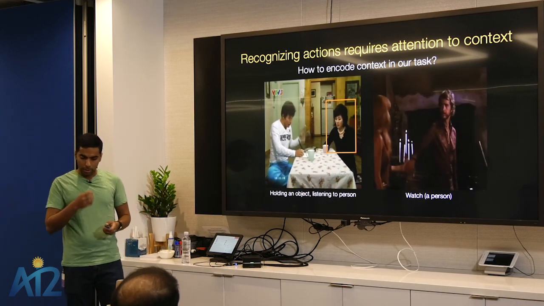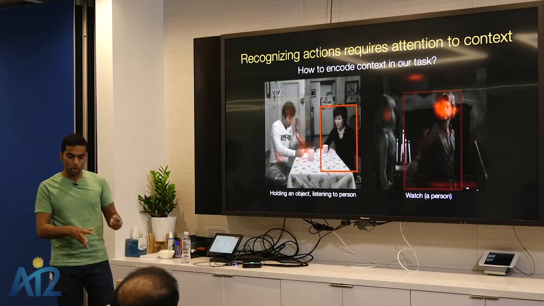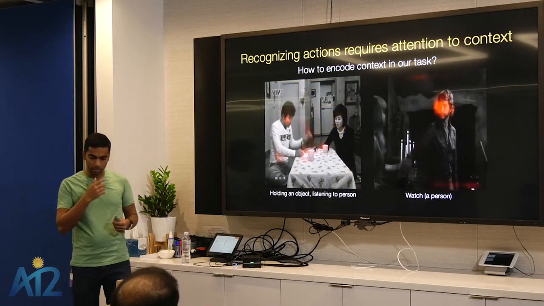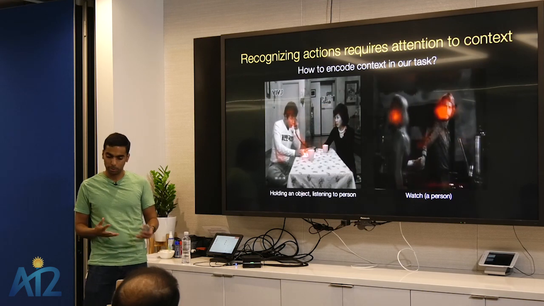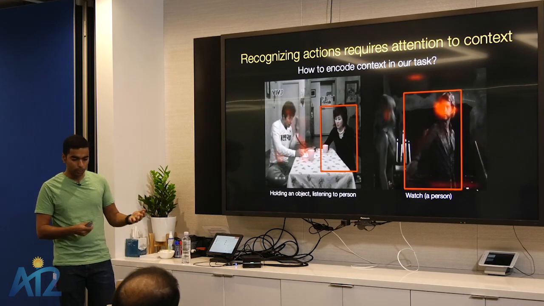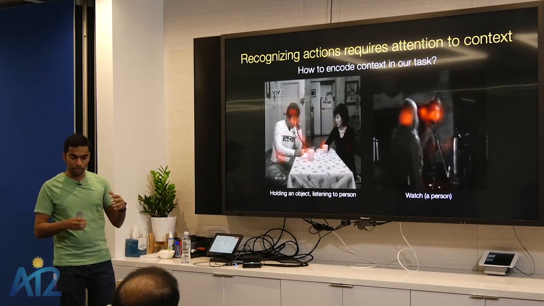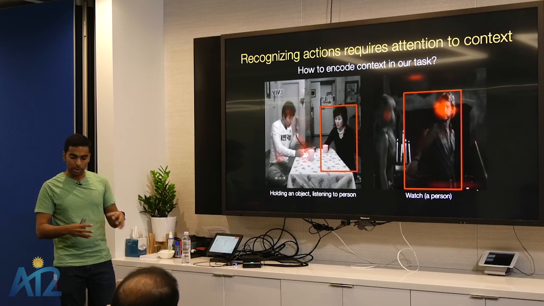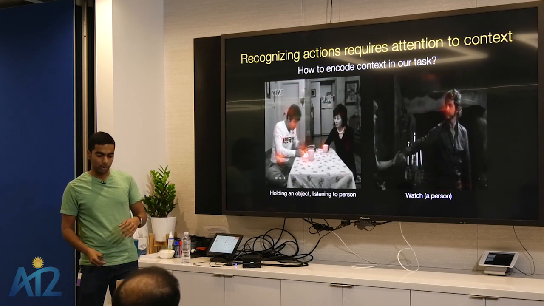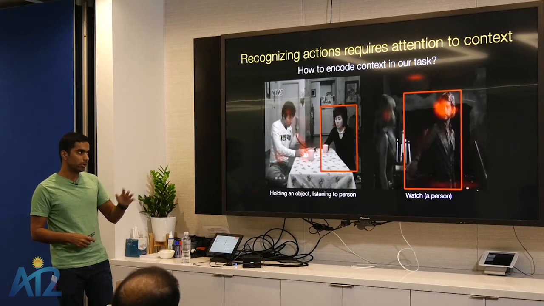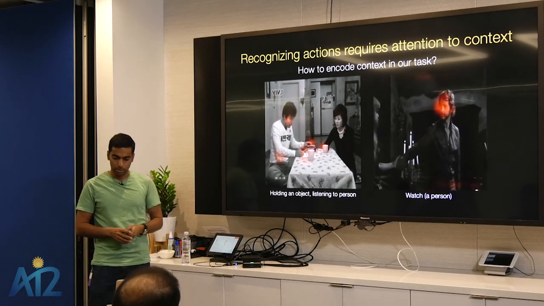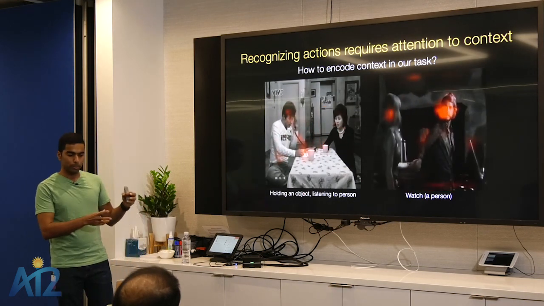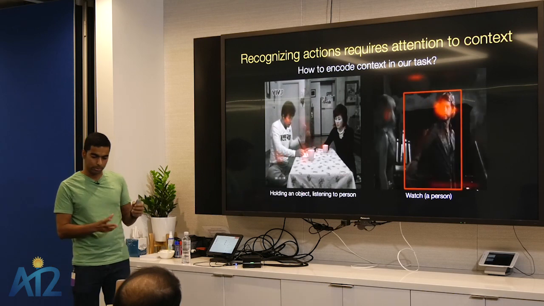video. In fact, the next model I'll talk about, which is basically an extension of what I talked about earlier, learns to do that automatically. And these are attention maps that we can extract out of our model. It learns to focus on the other people in the image and the objects in the image, and uses that to recognize the actions of the person we are interested in.